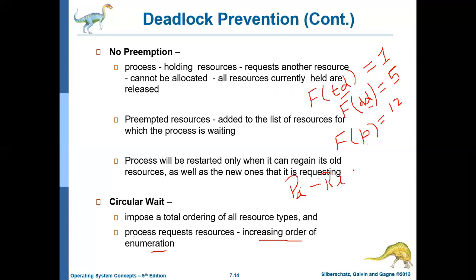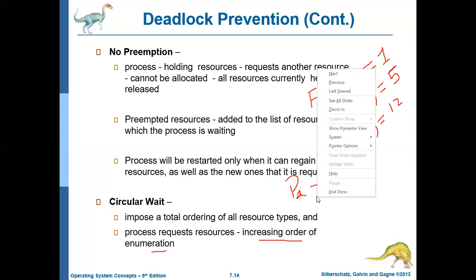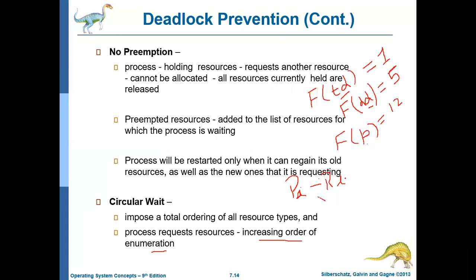Then after some time, say x amount of time, pi is requesting another resource rj. Now rj will be allocated to the process pi